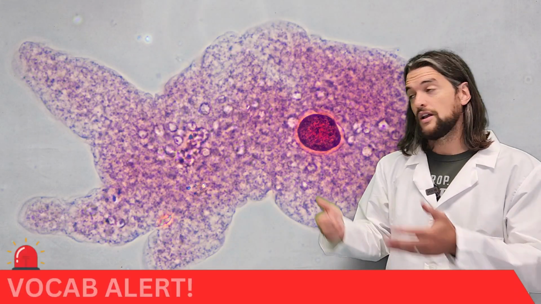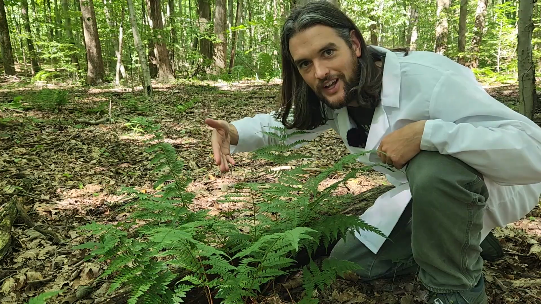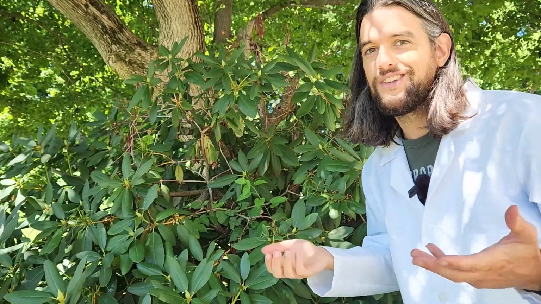The smallest and most exclusive level is the individual. An individual refers to a single living organism. The organism can be unicellular, like this amoeba, or multicellular, like this red fody, or like this fern, or like this dog, or like this morning glory, or like this cat, or like this rhododendron. Well, you get the point.